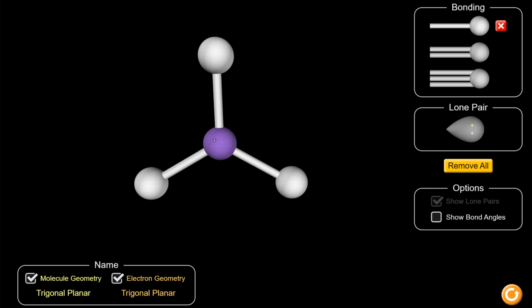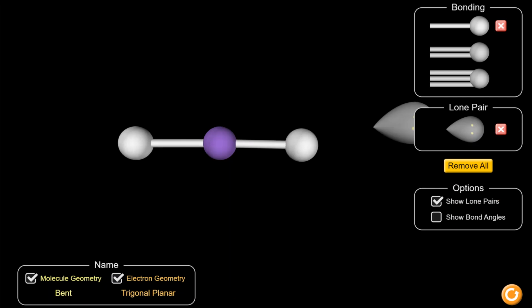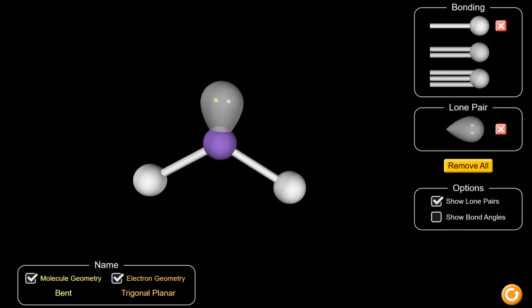What if one of those groups was a lone pair instead? So I'm going to take off an atom, add a lone pair. We still have 3 electron groups. This lone pair counts as a group, so there's this single bond and this single bond. So 3 electron groups. The electron geometry is still trigonal planar, but now the molecular geometry is bent, because when we look at molecular geometry, we're only looking at the atoms. So these 3 atoms make a bent